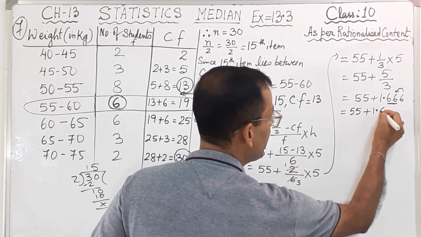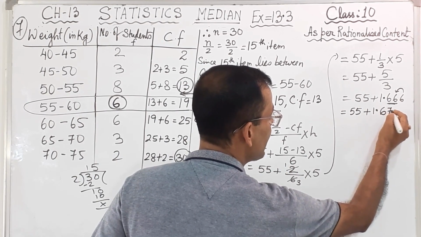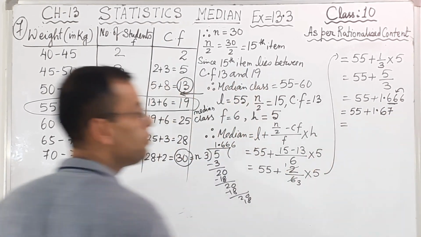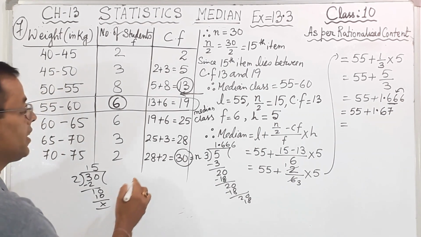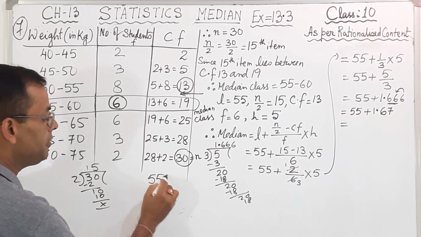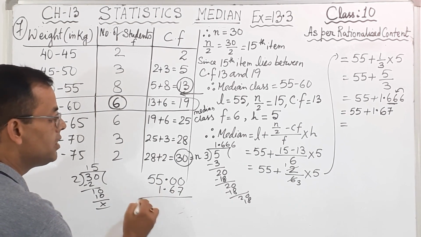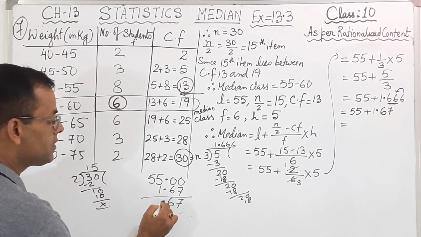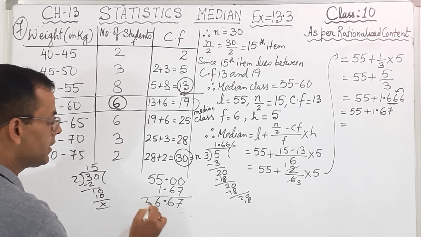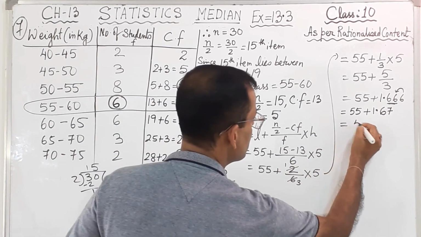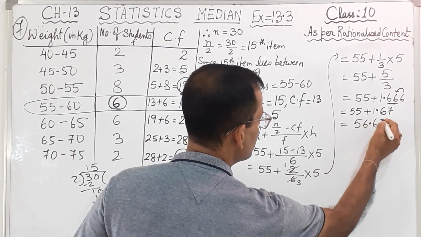So we will write 1.67. And now 55 plus 1.67, if I add 55.00 and 1.67, how much comes? 7, 6 point, then 5. So 56.67,